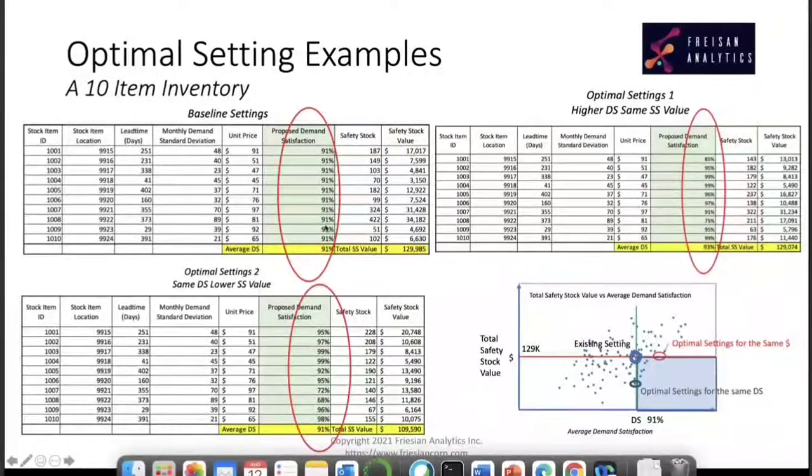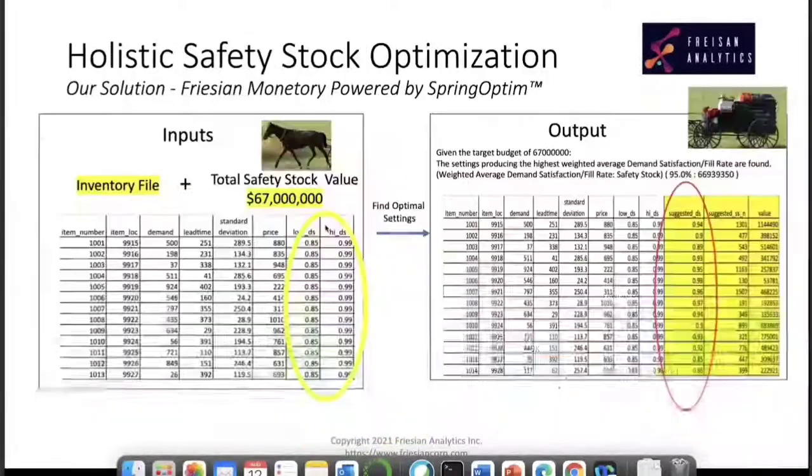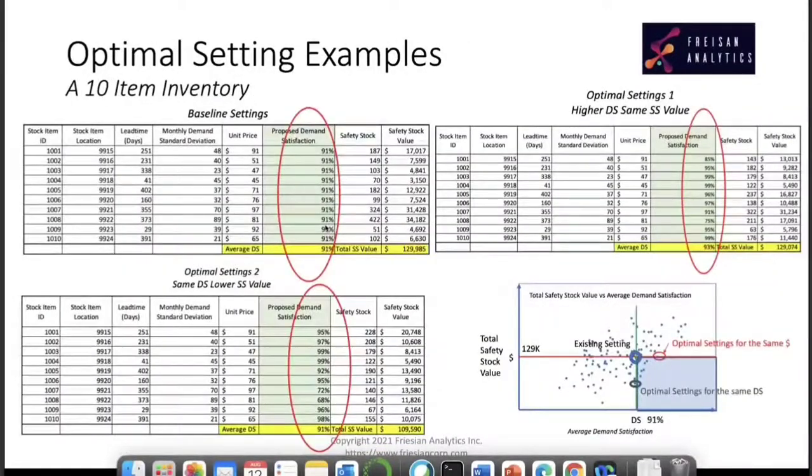Just like we always do, we assign a single DS for every item in this inventory, 91% in this case. If we do that, we have 130,000 total safety stock value there. Right? Actually, we can plot this baseline settings in this